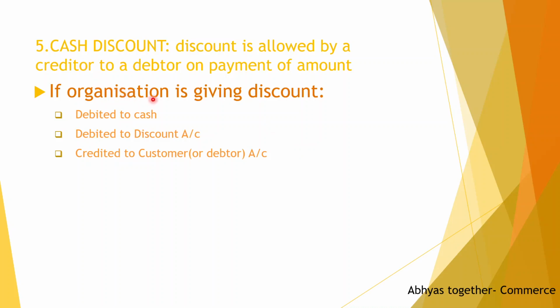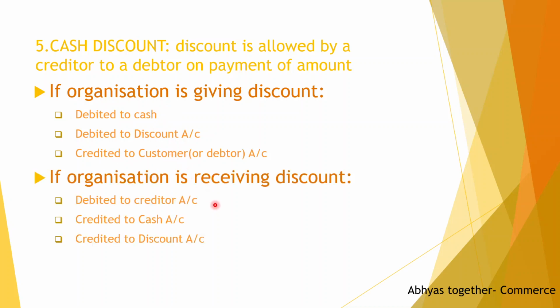If an organization, that is a business or a seller, is giving a discount, if as a shopkeeper I am giving a discount to the customer, then what is happening? The discount is an expense to me. I am receiving the cash. Debit what comes in. Cash is a real nature. So I am debiting the cash, and I am debiting the discount as it's an expense, nominal nature. Debit all expenses and losses. So I'm debiting the discount account. Then credit the customer account, personal account. Credit the giver; the customer or the debtor is giving me the cash, right? So I'm crediting his account.